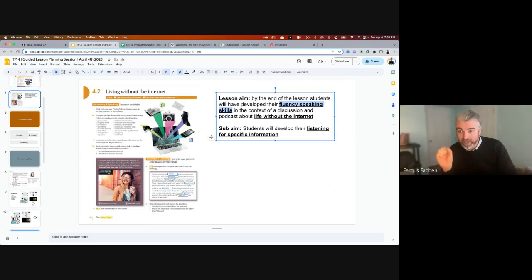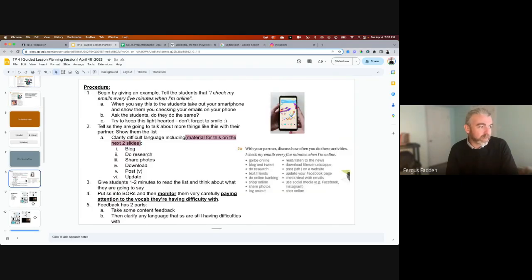Accuracy is getting the right word. Fluency is just explaining, in the end. Like you and me, we have fluency and accuracy, right? We speak fluently, but we're accurate. In this lesson, you're mainly focusing on fluency, so it's not really so important that they